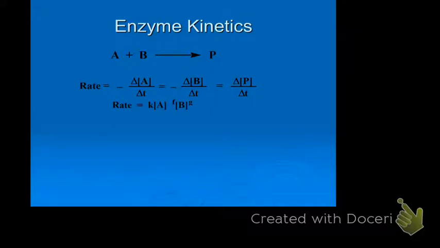All right, this should be a review from Gen Chem 2. And that's the enzyme kinetics, like the rates of a reaction. You can either think of it as rate, which they just put as an R, but a lot of times we use V or nu for velocity. It's either going to be equal to the disappearance of a substrate or the appearance of product, whichever is